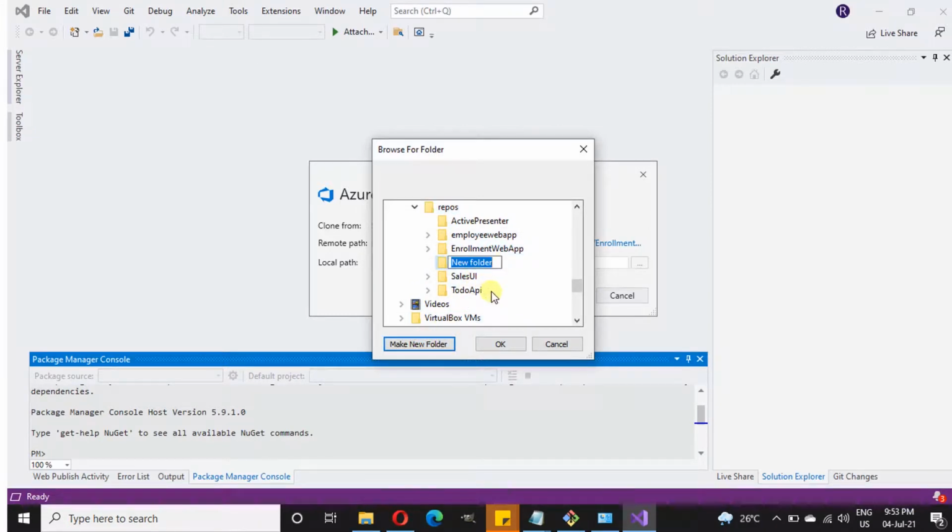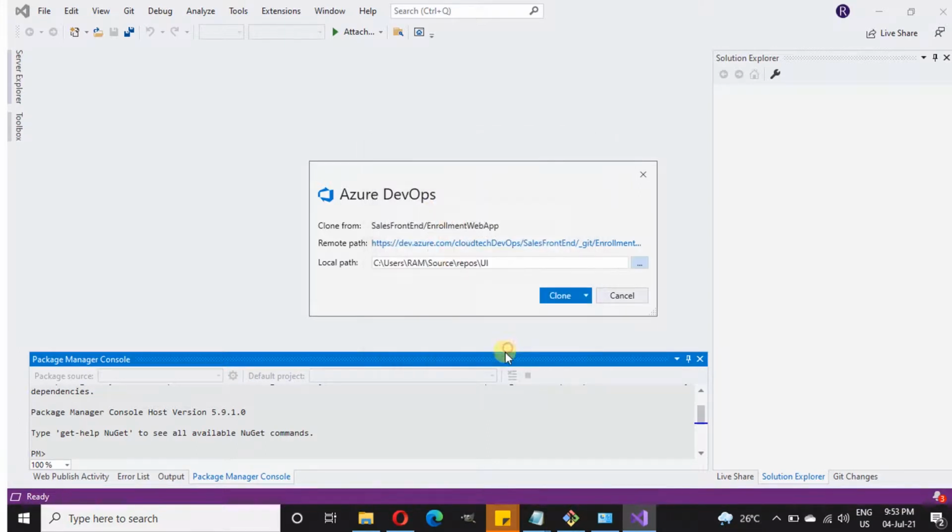Click on new folder and I am providing it as UI, and just select this and click on OK. Now click on clone, and again it will take some time to clone. Actually it is better to clone with git bash. That is super fast. This will take more time to load.